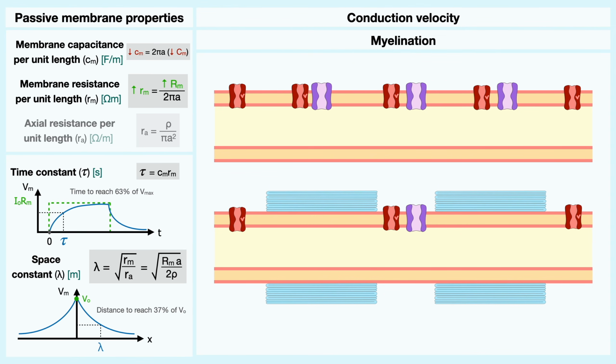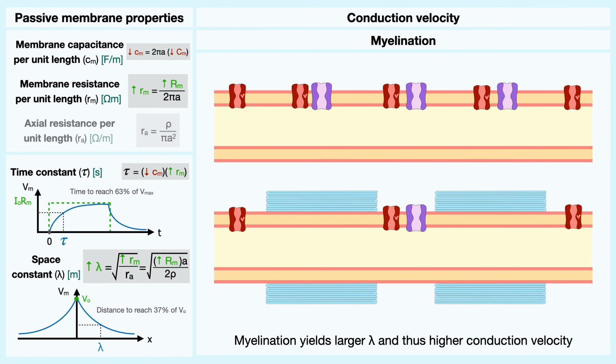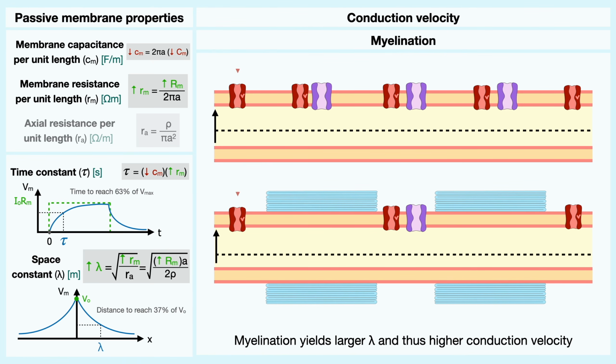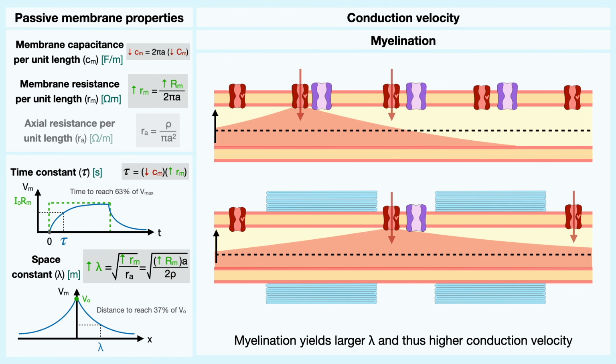The impact myelin has on the membrane resistance and capacitance can be further analyzed through the time and space constants. The time constant will remain somewhat unchanged because capacitance goes down and resistance goes up. When it comes to the space constant, here again, the increased membrane resistance will yield a higher constant, and as you expect, the conduction velocity will be increased. The larger space constant in this scenario will produce the same effects as having a larger axon diameter. For a given depolarization, the propagation reaches further and allows to open channels at a longer distance relative to the